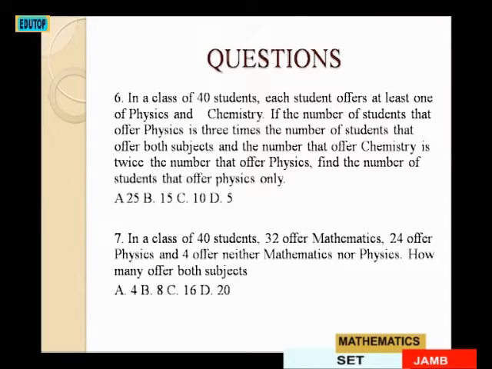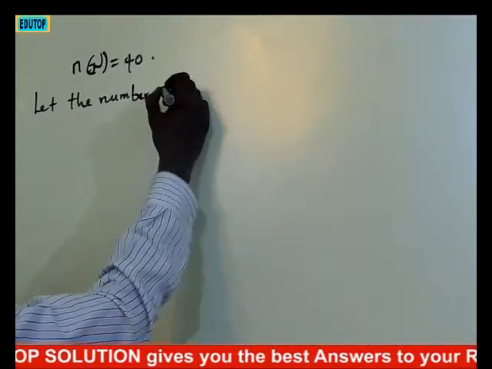Then the next question is, in a class of 40 students, each student offers at least one of physics and chemistry. If the number of students that offer physics is 3 times the number that offer both subjects, and the number that offer chemistry is twice the number that offer physics, find the number of students that offer physics only. Let the number that